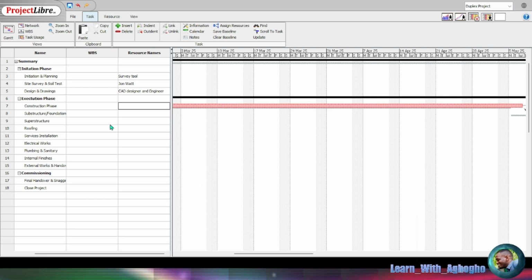So we need iron, okay, and the substructure areas. Let's assign the excavation crew, and on the superstructure let's assign the brick, and for the roofing